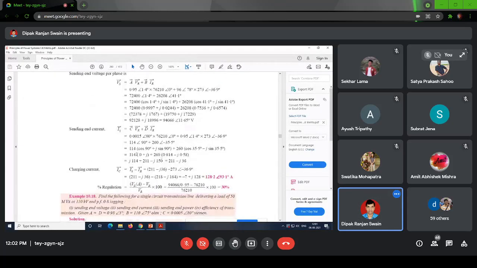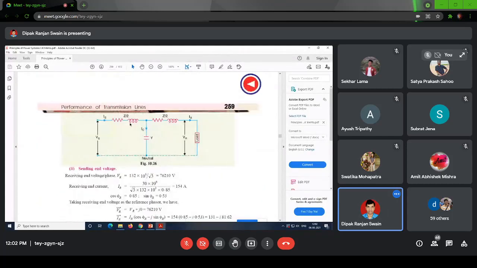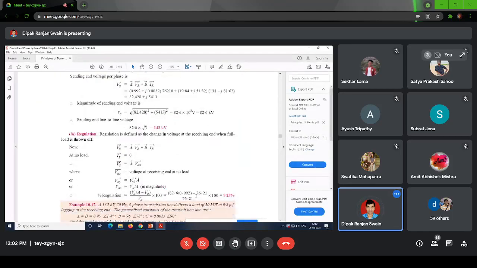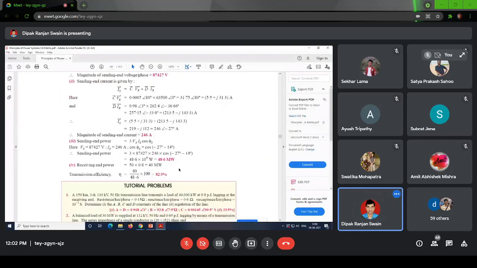Here charging current is asked, therefore he has calculated it, otherwise it is not required. Because what is the use of charging current? So that we can generate IS, but we are directly getting IS using the ABCD parameters. So there is no need of calculating this voltage or this charging current. This is how the problems will come from the ABCD parameters and transmission line.